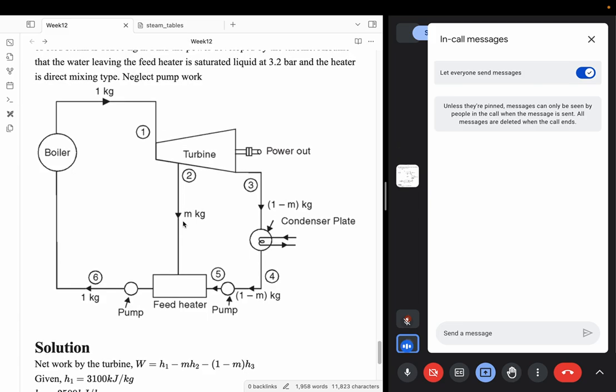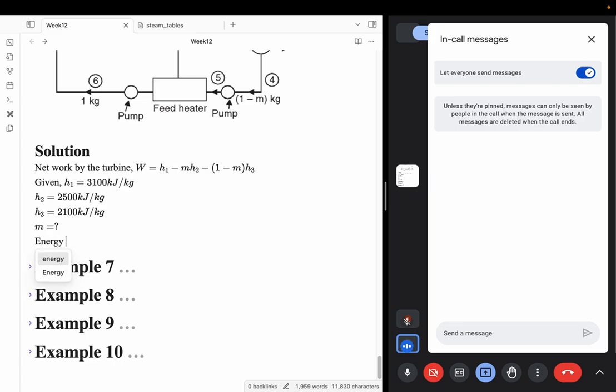So how do I do that? Again, I need one more equation to do that. That is where the energy balance of the feed heater comes in. So the feed heater has two inputs and one output. So if I apply the energy balance for the feed heater,